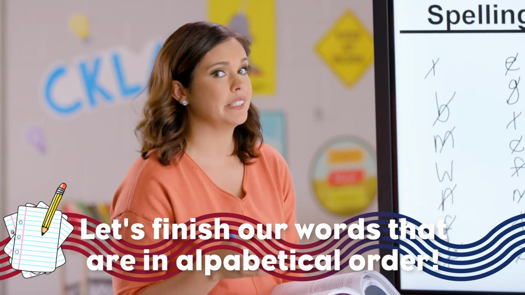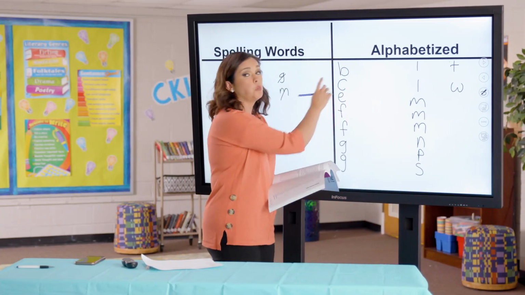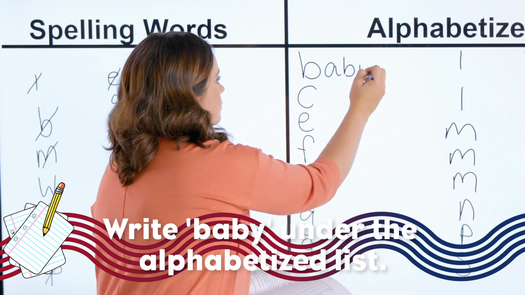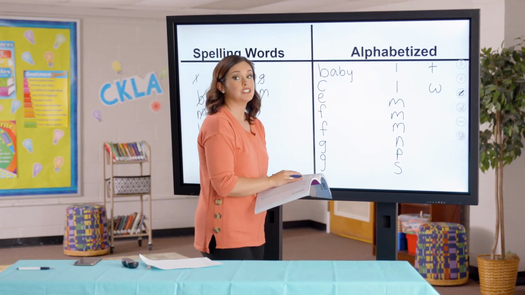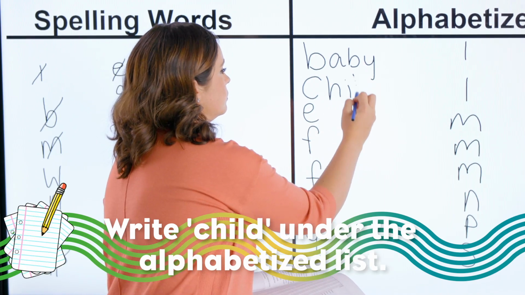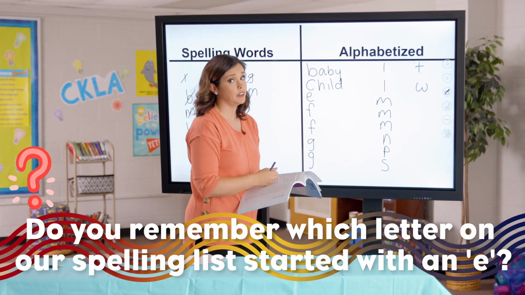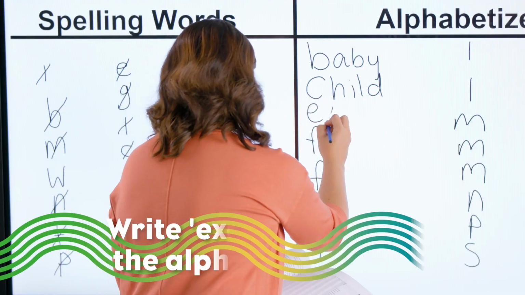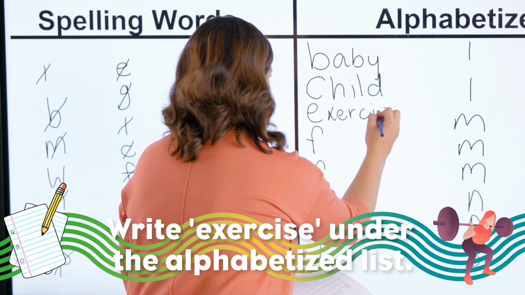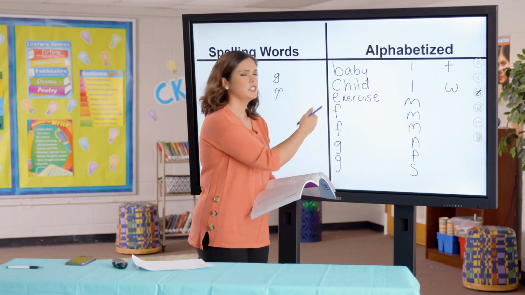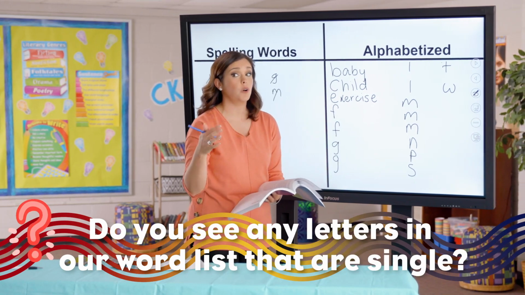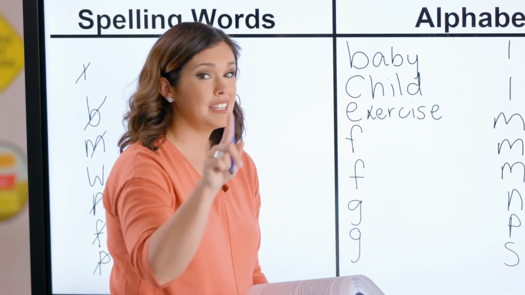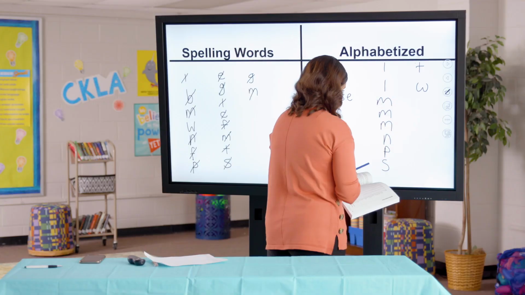We can go ahead and finish the ones that are already in alphabetical order, like our word that started with B. This word is baby. The next word is child. Do you remember which letter of our spelling list started with an E? Right, exercise. Do you see any other letters in our word list that are single and don't have any other words that start with the same letter? What about N? I only see one word that starts with N. That word is